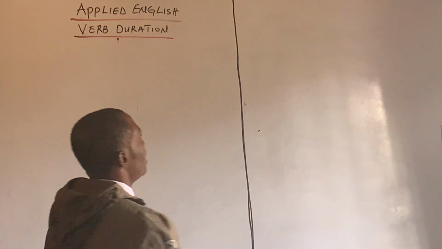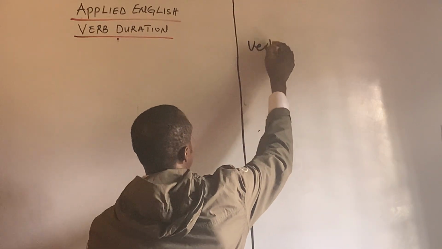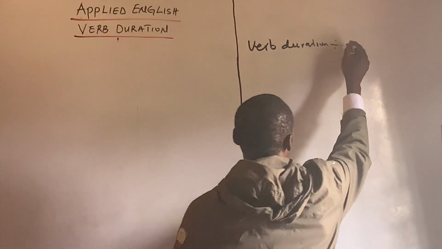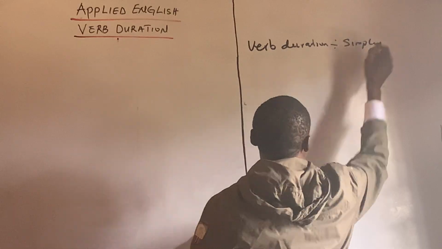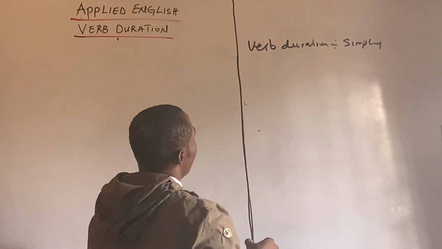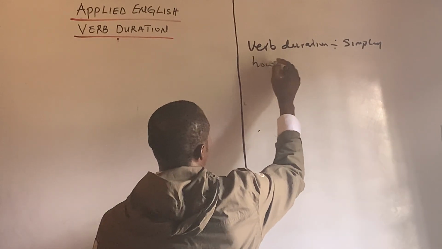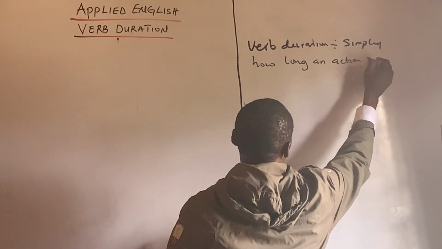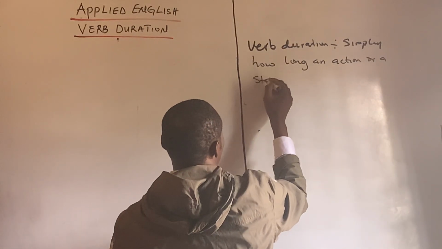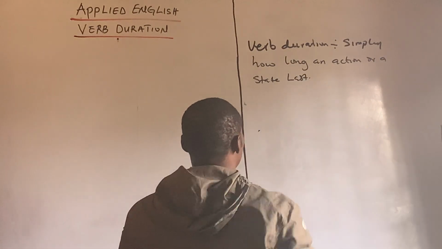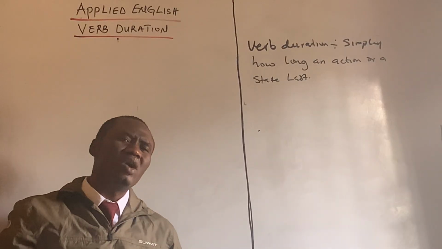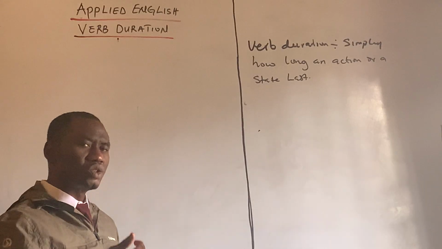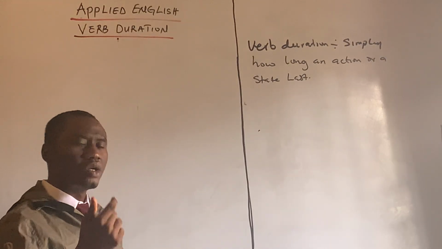Verb duration is simply how long an action or a state lasts. Okay? Based on the tempo of the action, then we can classify verb into instantaneous verb and long duration